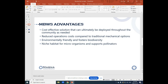We always talked about including some type of educational component. So you've got people out enjoying nature on Moresby Trail, and now they're reading a sign, learning about how the city of Prince Rupert is looking at naturalized treatment for wastewater. So the whole integration, I think, is a fantastic fit. The facilities themselves, we always talk about biodiversity, pollinators, and that's the type of environment you're going to see when we're finished out there, with niche habitat for microorganisms and supporting the pollinator environment. And the last slide that I have here is